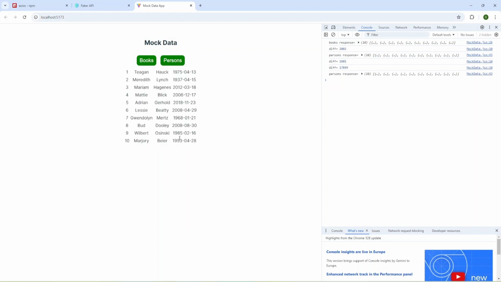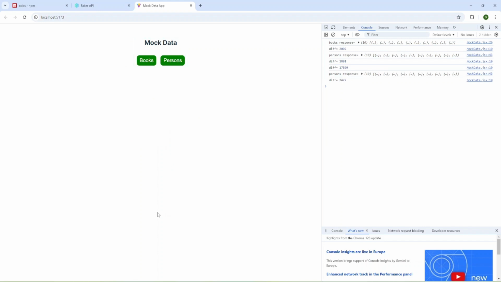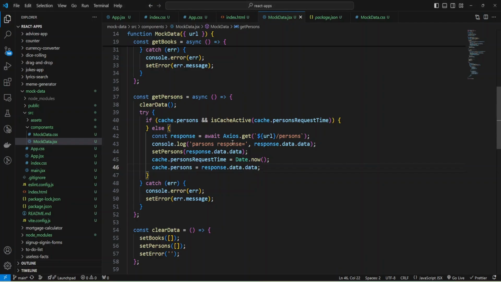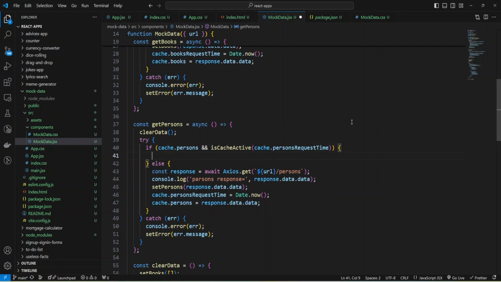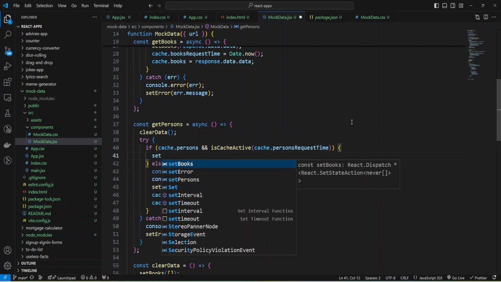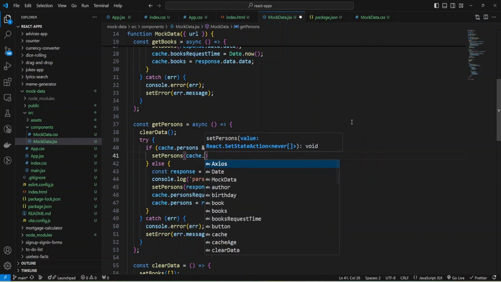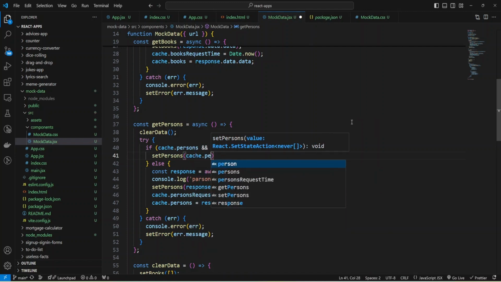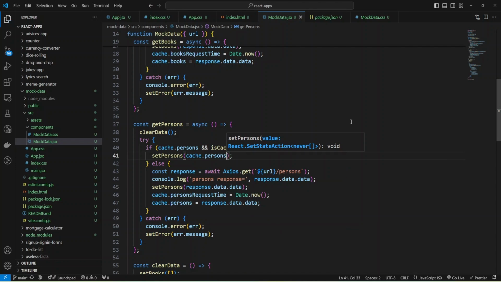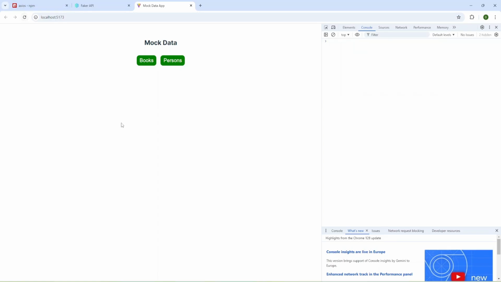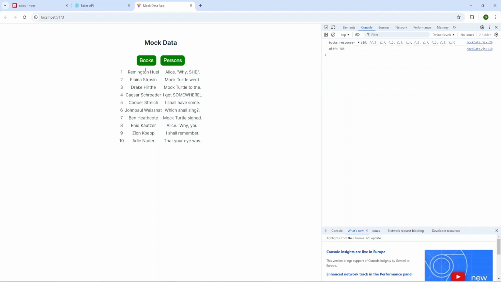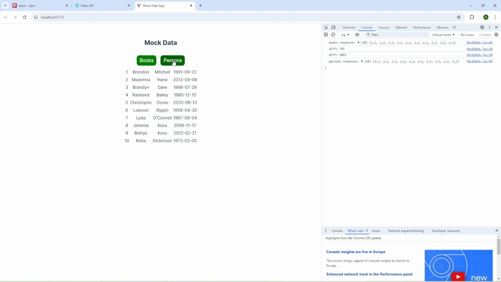Let's try again persons, and again, and that's because we need to set persons and provide our cache value persons.